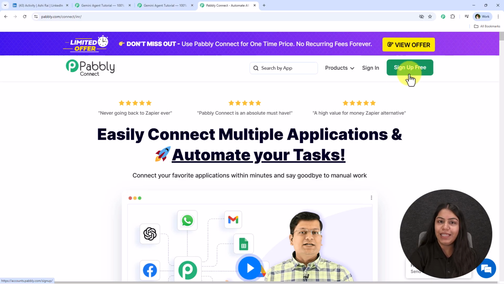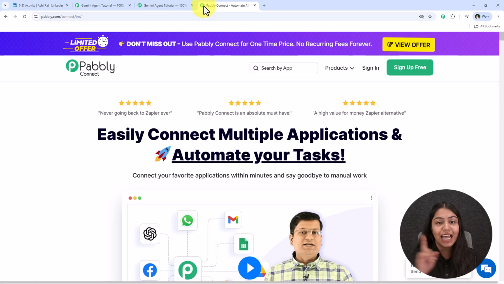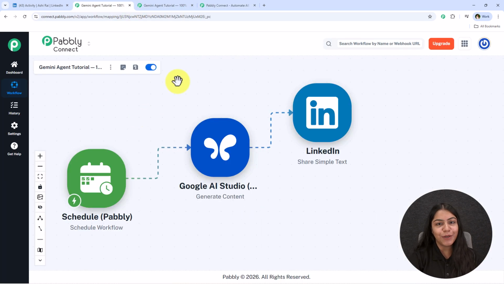to explore Pabbly Connect. 100 tasks free means that you can post on LinkedIn 100 times for free using Pabbly Connect, and that's why I mentioned that this is a 100% free setup, because you can try it for free today. Alright, once you try Pabbly Connect and if you like it, you can definitely purchase the subscription